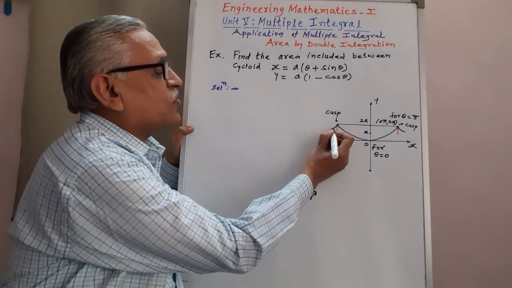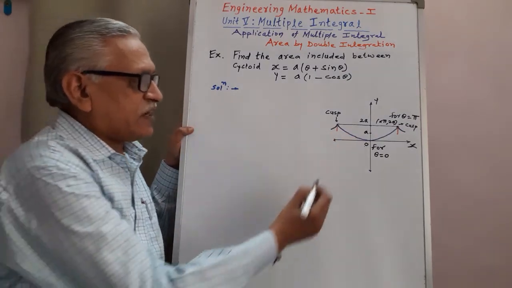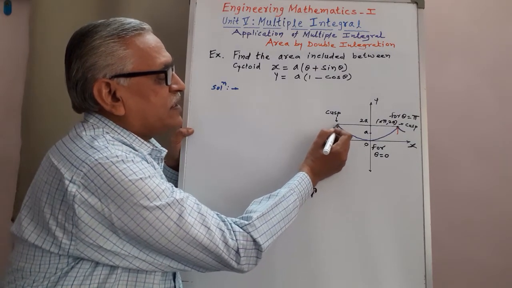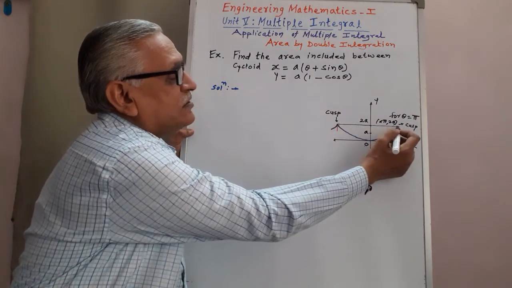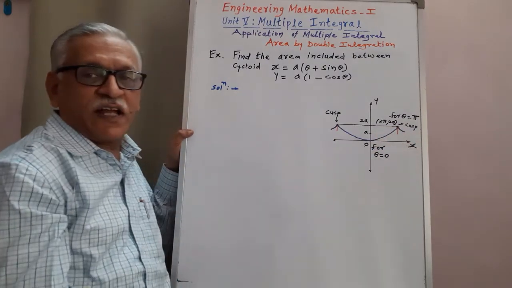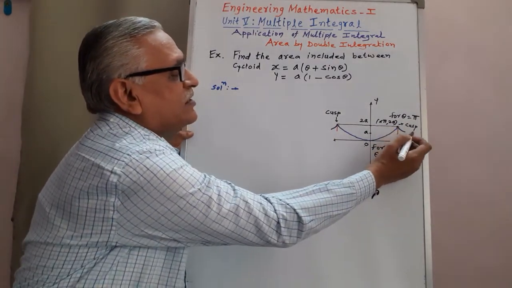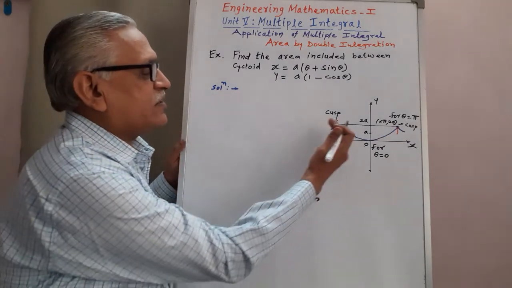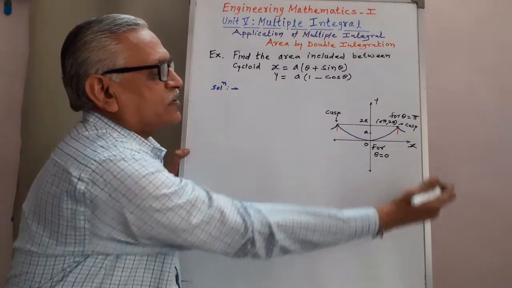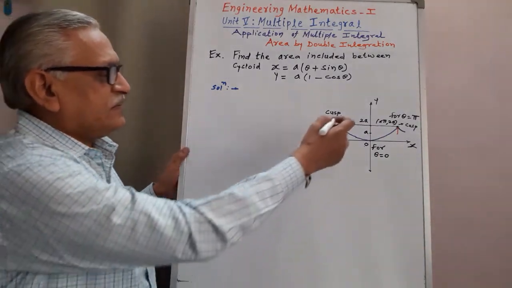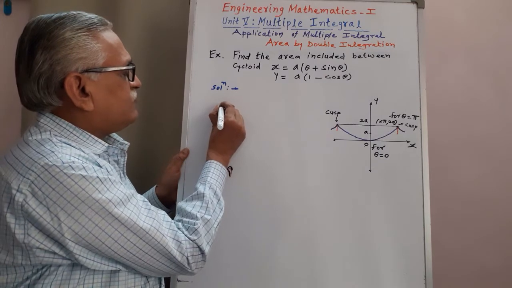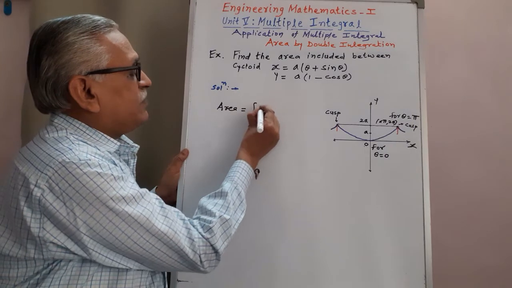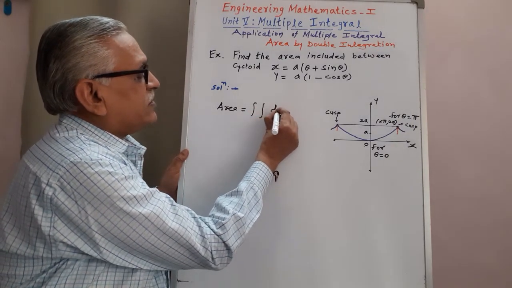The curve exists between two consecutive cusps, one cycle. Therefore, this is the first curve. Cusp means a common tangent to this part and another part of the curve. Again, another common tangent to this part and another part. We can extend that cycloid on both sides, towards left as well as towards right. And then, as per the formula, area is given by the double integration of dx dy.